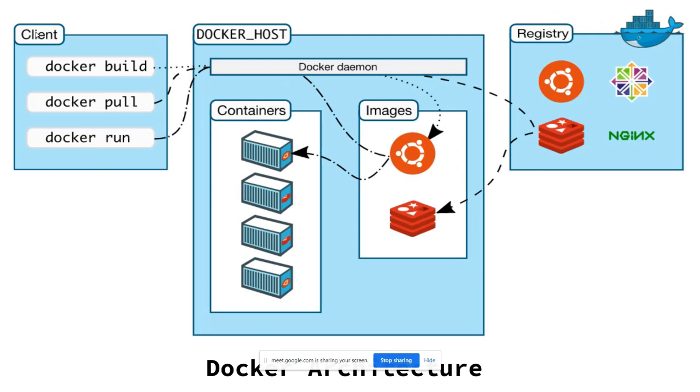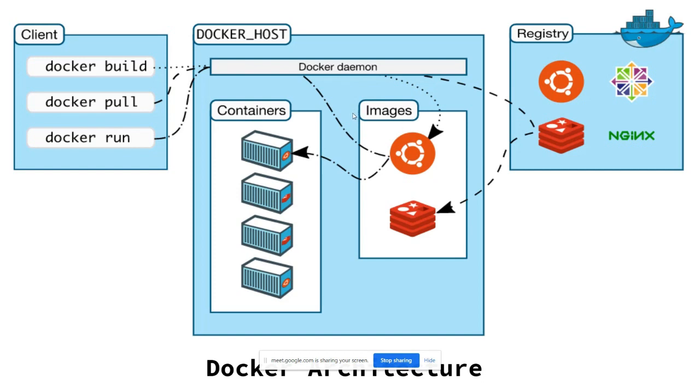Now, when you want the client to run your application, they should have Docker installed on their system. So this is what the client is. And the Docker host: when you install Docker on the machine, it consists of something like the Docker daemon. When you issue Docker commands, they are converted into REST APIs and given to the Docker daemon, and the Docker daemon will manage these containers and images.